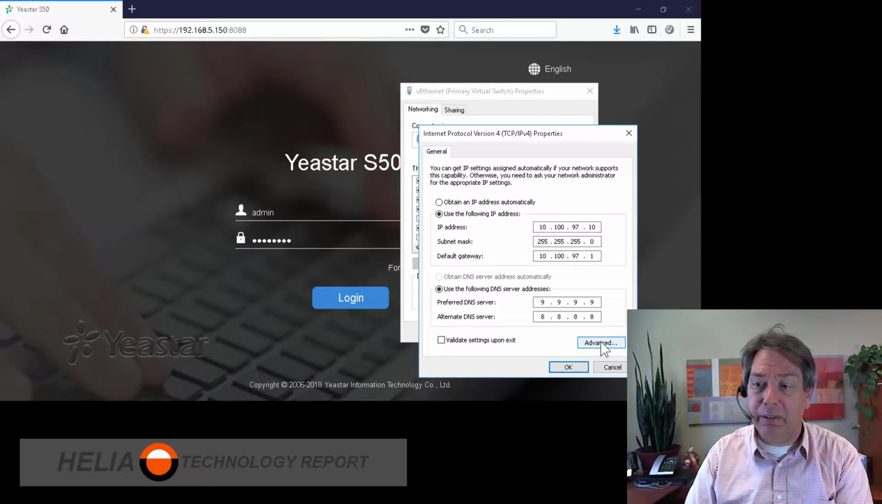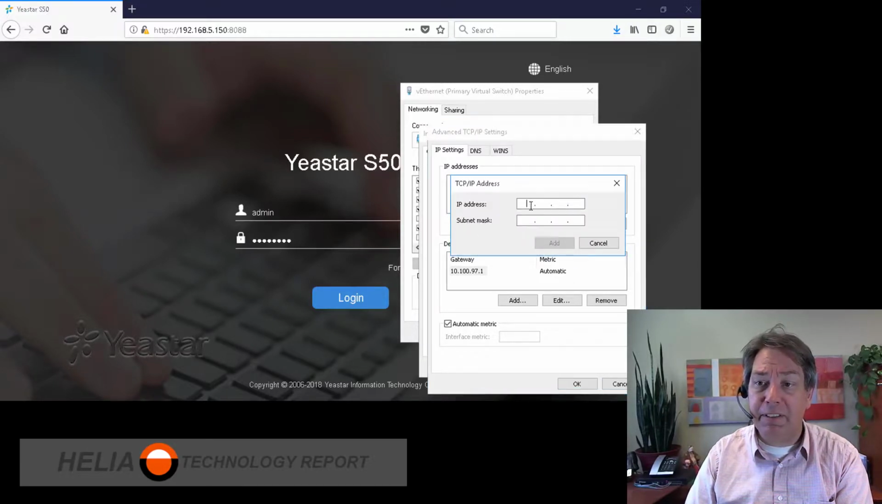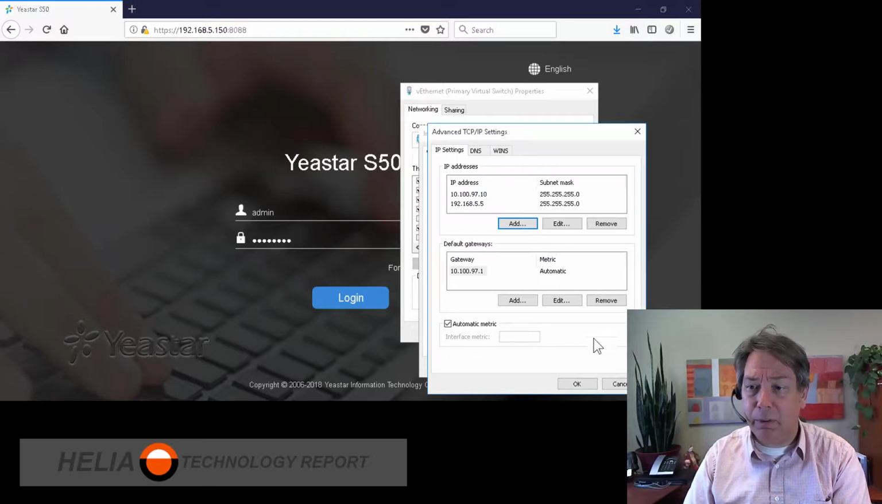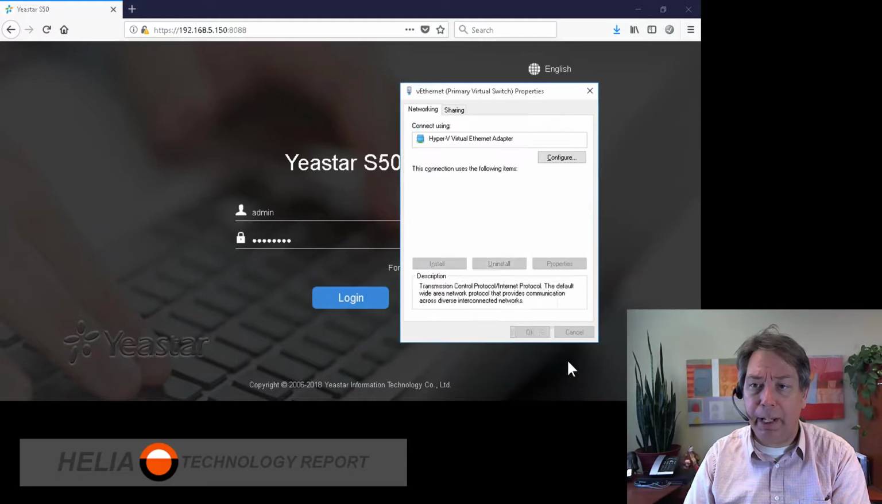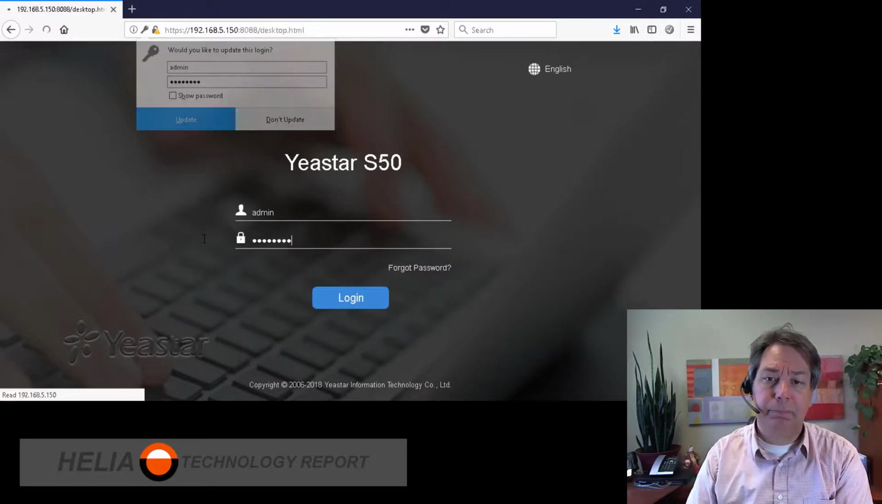Now, the trick here is under advanced. I've got one IP address here, but being I have a static address, I can also put in a second address, and so it's going to be in the range of the Yeastar device here. So I'm going to click add on here. Now I've got two IP addresses, and I can go OK. It's going to validate my settings, and then I am able to reach this. So admin, password,